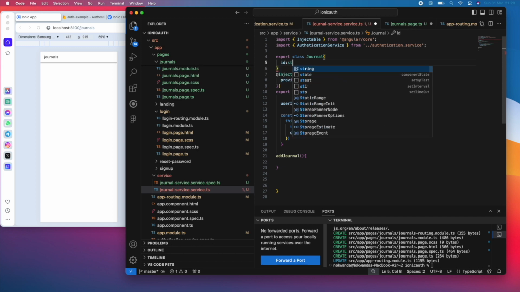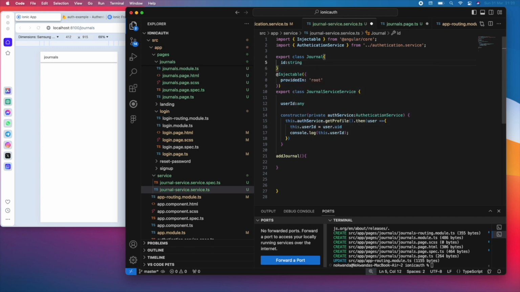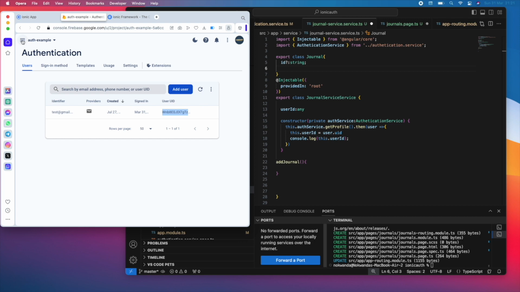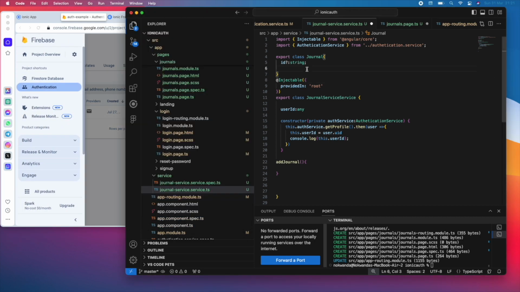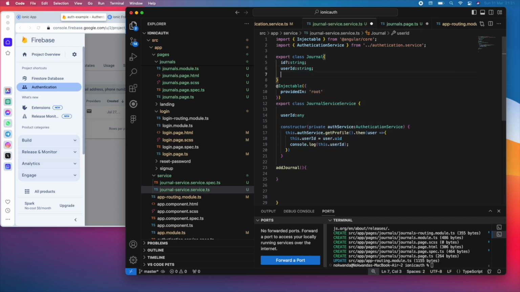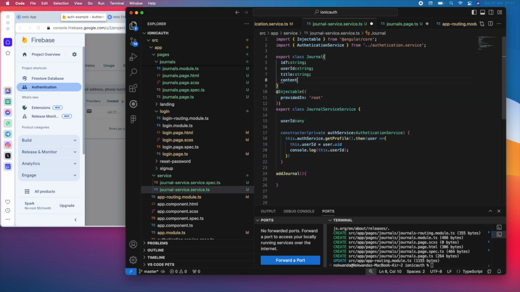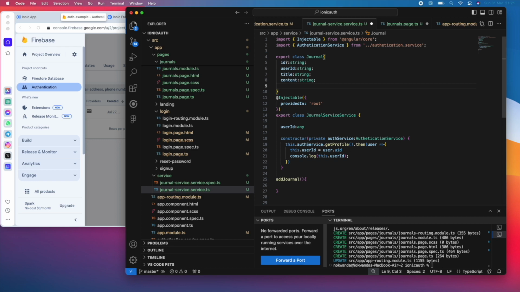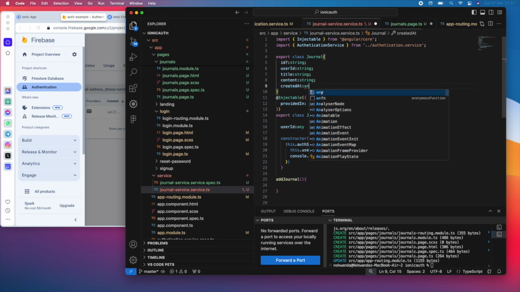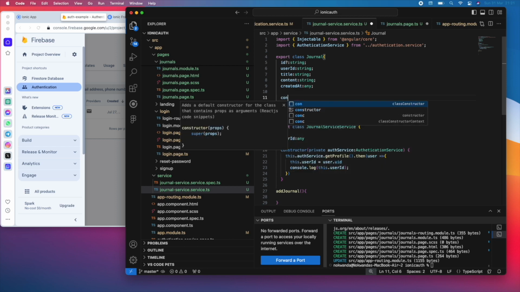So we're gonna have an ID. I would want to have my ID to be optional because the ID of a journal will be auto generated by the Firestore. And then we are going to add a user ID so that we know whose journal this belongs to. So we're gonna have a title, which is of type string, and we would want to have the content the user just puts in that journal. And then we're gonna have a date, so I'm gonna call the date createdAt, and this one will be any. Make it a date, but I'm just gonna leave it as any. So here I'm gonna have the constructor for this,